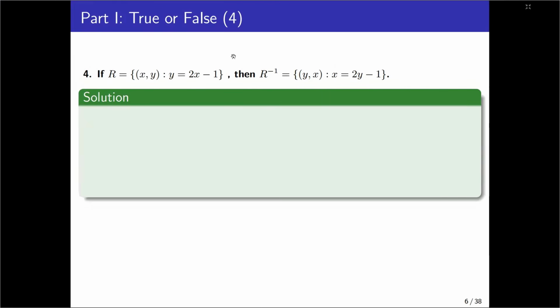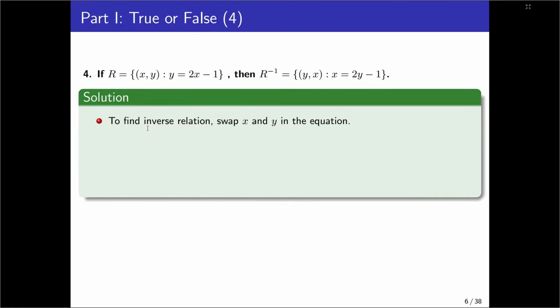Next question, question number 4. If R is equal to the set containing the ordered pairs (x, y) such that y is equal to 2x minus 1, then R inverse is equal to the set of (y, x) such that x is equal to 2y minus 1. The inverse of this relation is obtained from this one by applying two things. The first thing is that the ordered pair (x, y) is changed into (y, x). And the equation y equals 2x minus 1 is converted into x equals 2y minus 1, which is obtained by replacing x and y without solving for y. So the statement could be